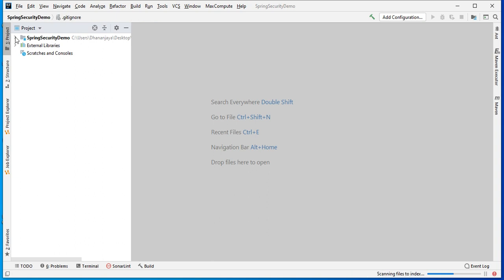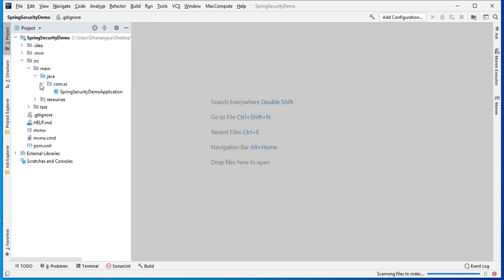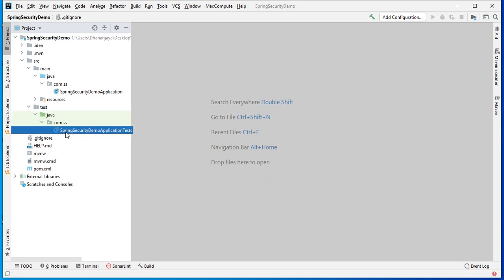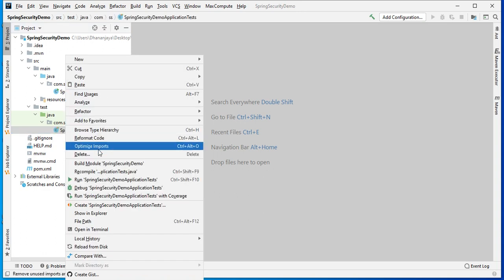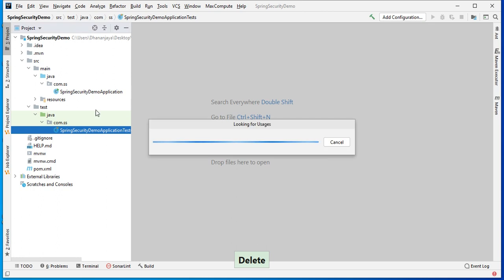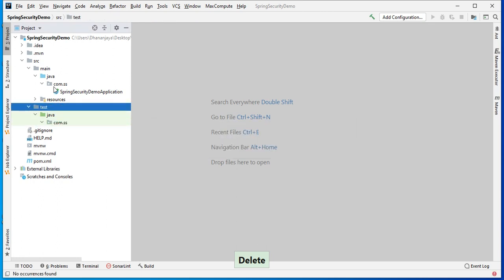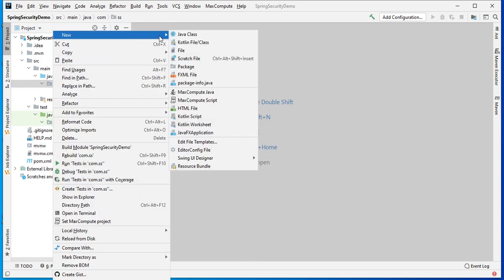Okay, structure is ready. So let me delete the test class, since we're not going to write any JUnit test cases. Okay, let me create a controller.